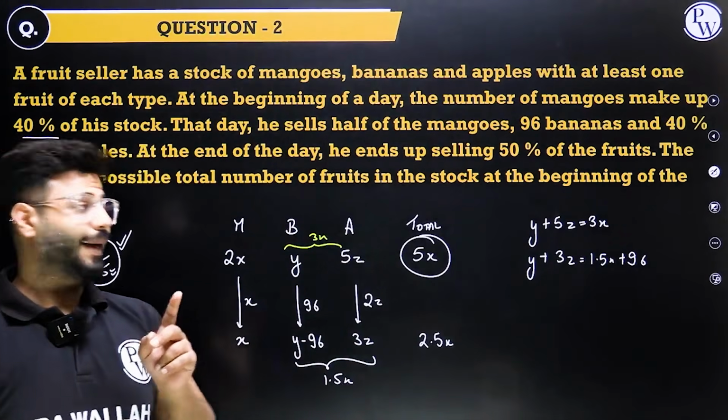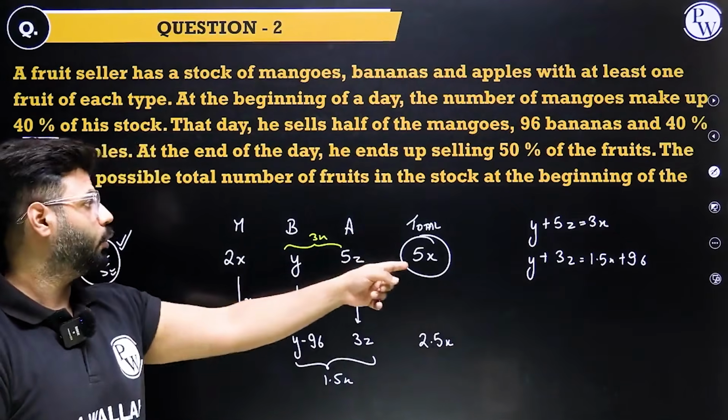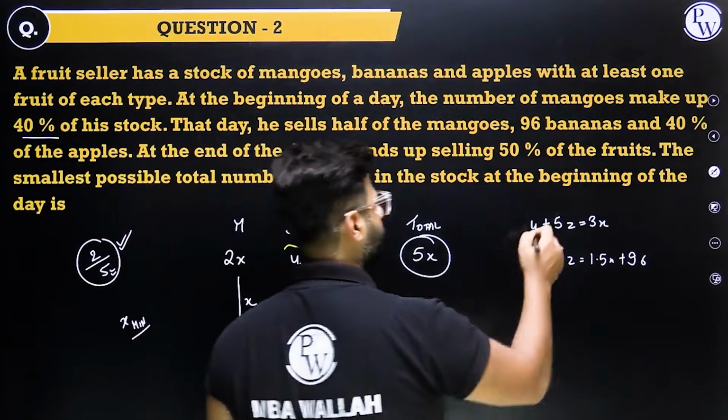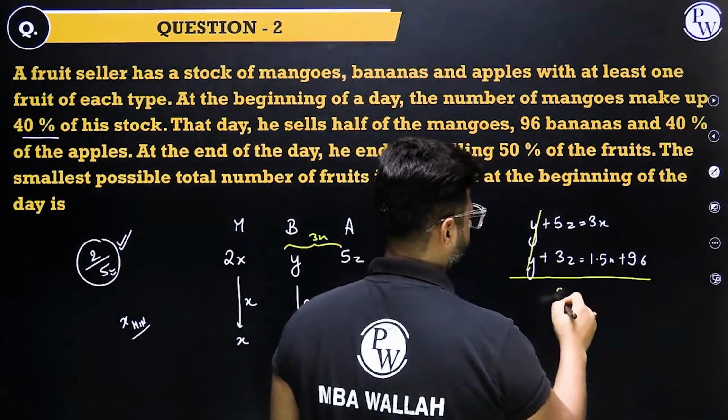Eliminate y. Don't eliminate x because you need it. You need to minimize x. Eliminate y, that is one thing which we don't need. Let's get rid of this, eliminate it. 5z minus 3z, 2z,